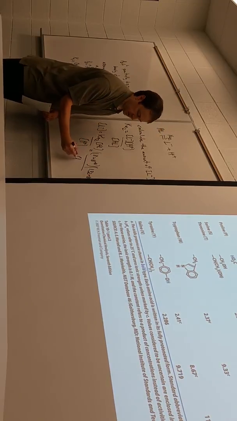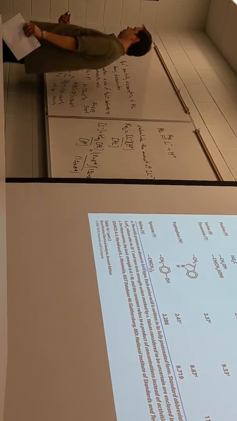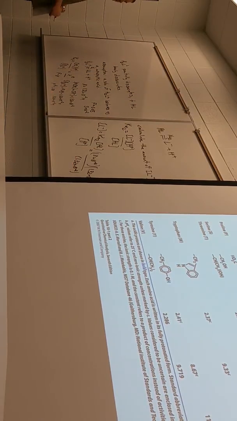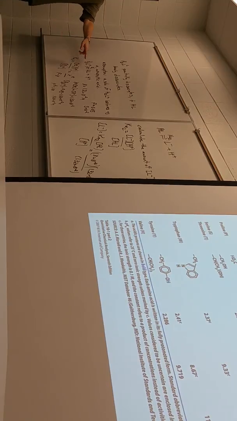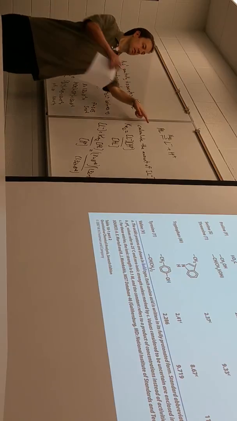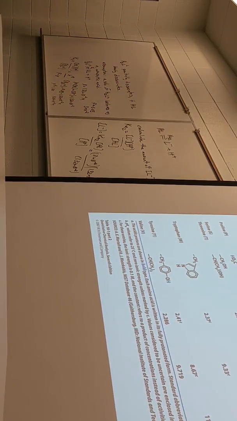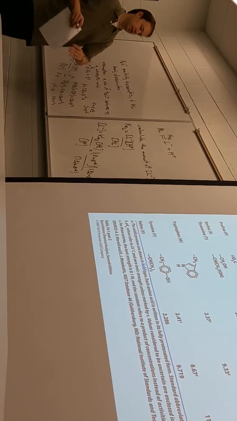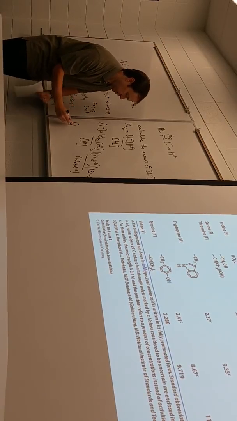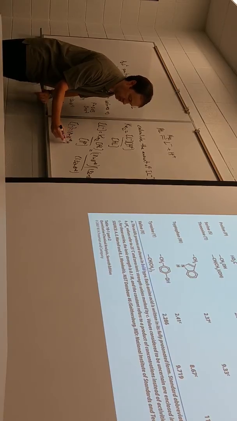And H plus is also 1.32 times 10 to the minus 2nd, which if you think about it, kind of makes sense because when you're making both of these species, you're making both a reactant and a product. So you can see again why this reaction is not going to want to go that much. It's kind of like a buffer where you have both sides of it already. But anyway, you calculate this out and you find that the leucine concentration is equal to 1.8 times 10 to the minus 10th molar.